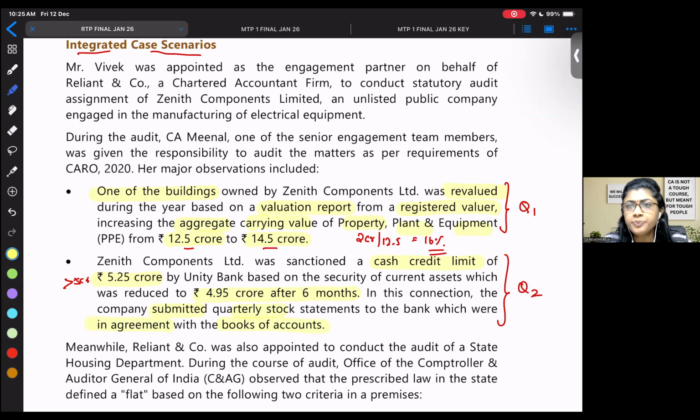Can someone say, do we need to report? It was 5.25, more than 5 crore, but it was reduced to 4.95. Do you need to report? Actually, at the year end, if you see, it's only 4.95, below 5 crore. So Caro clause 2 says you report only if it exceeds 5 crore. Can we have a reply? Do you need to report? Answer is